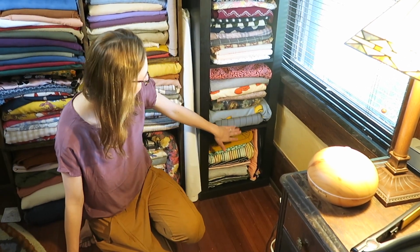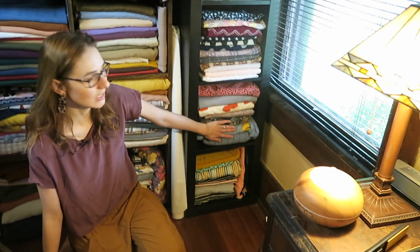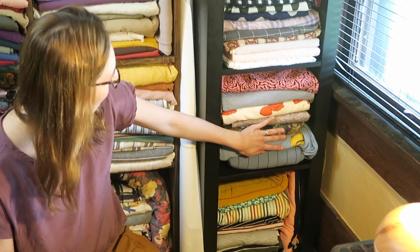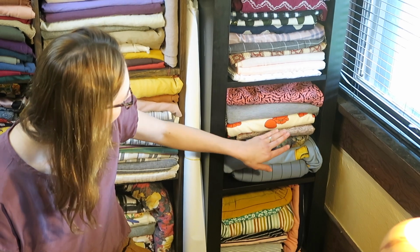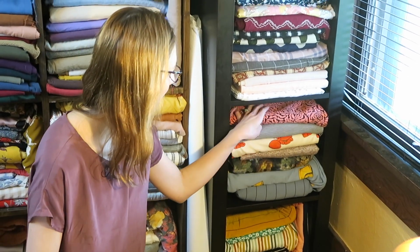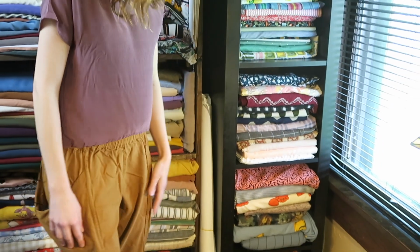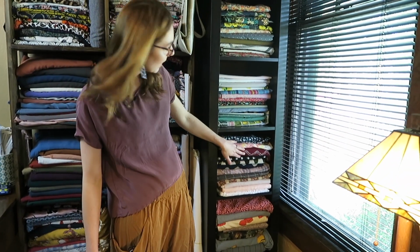Here's some more knits. These are more sweater knits, and I put these down here because they have a pattern or whatever. This is See You at Six, which I love. This is also just a pattern. It's a thicker, just cotton jersey stripe. This was a remnant jersey that I got from Guthrie and Ghani. And then here I start with some of my double gauze fabric,